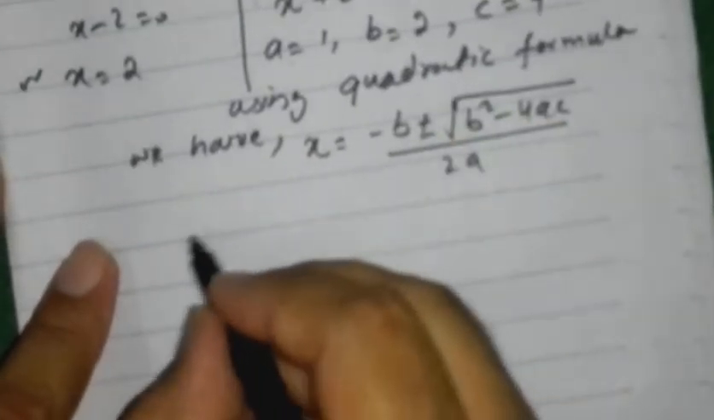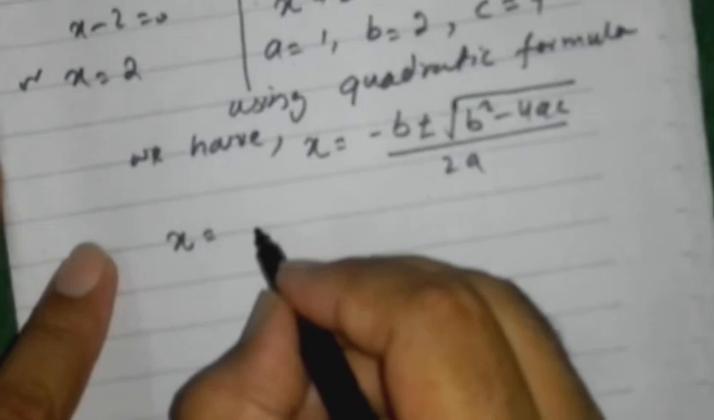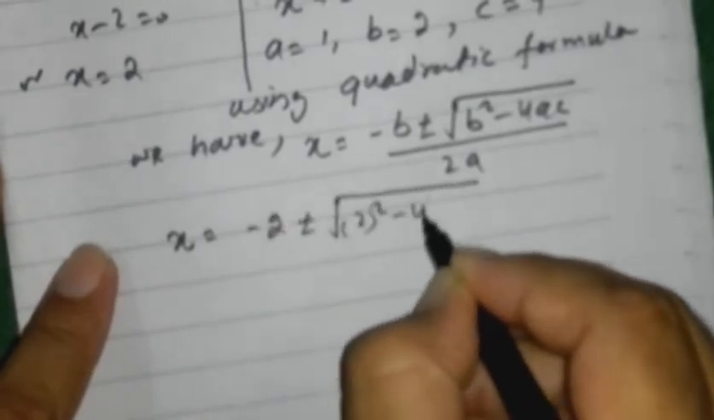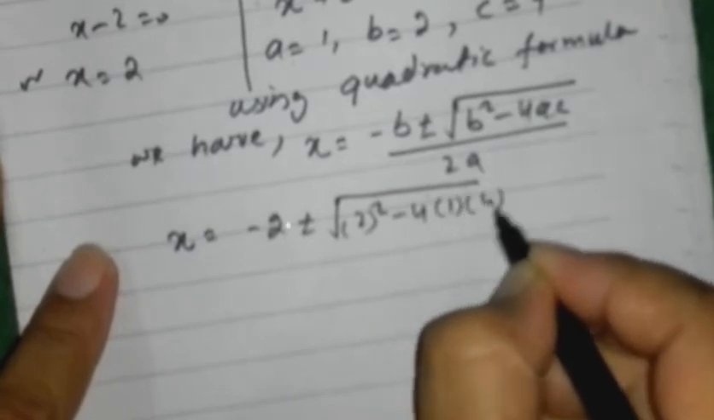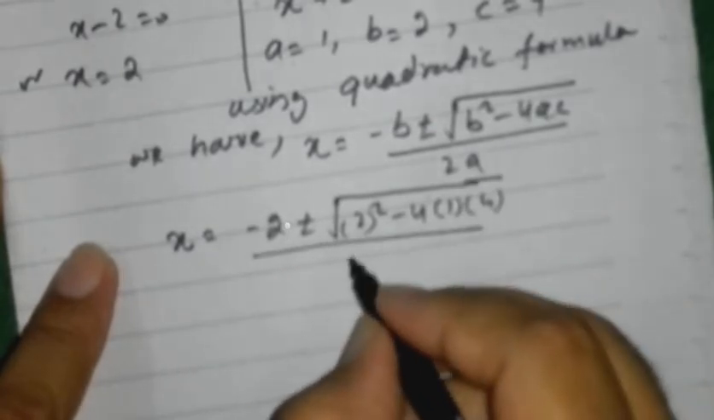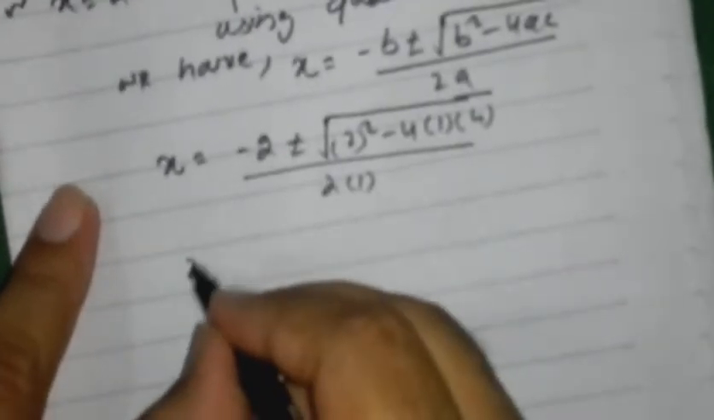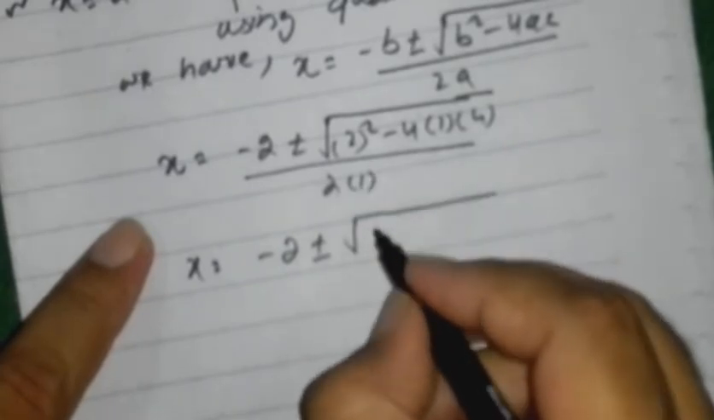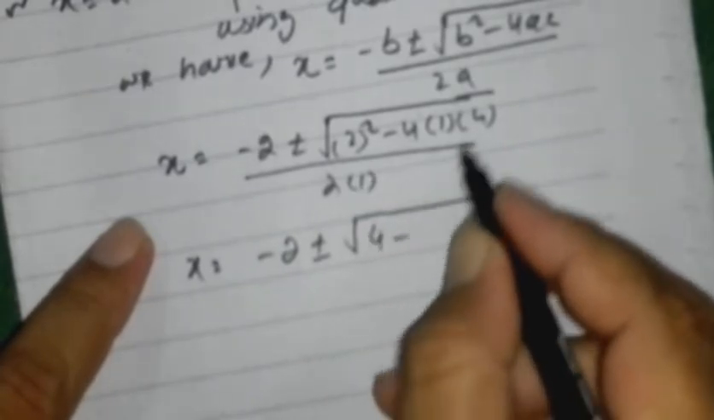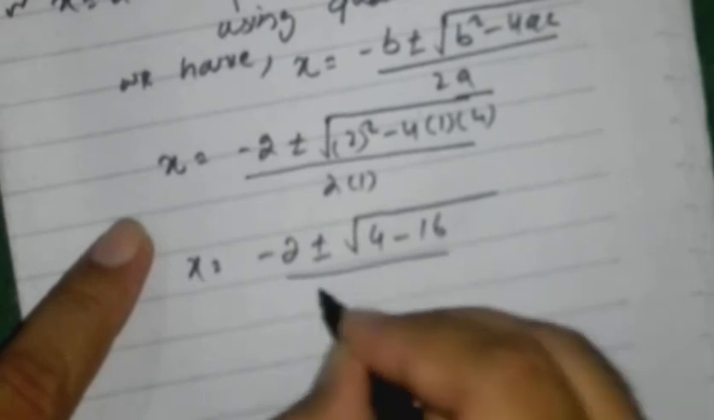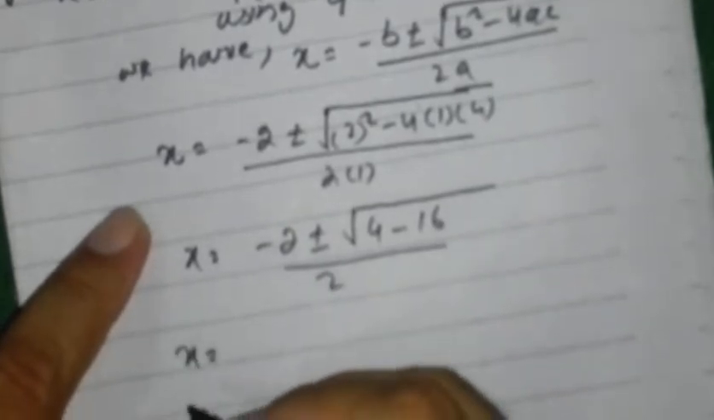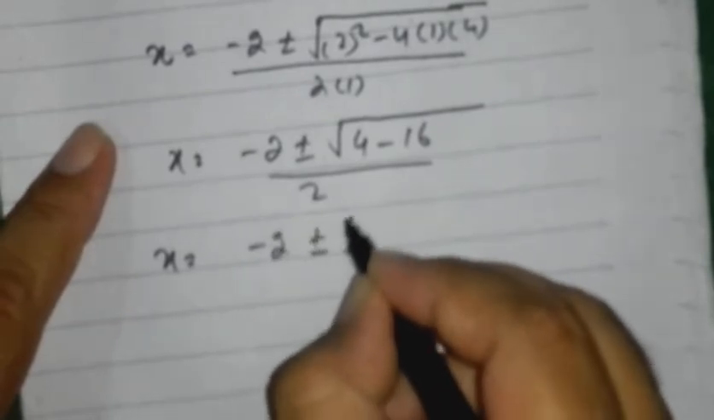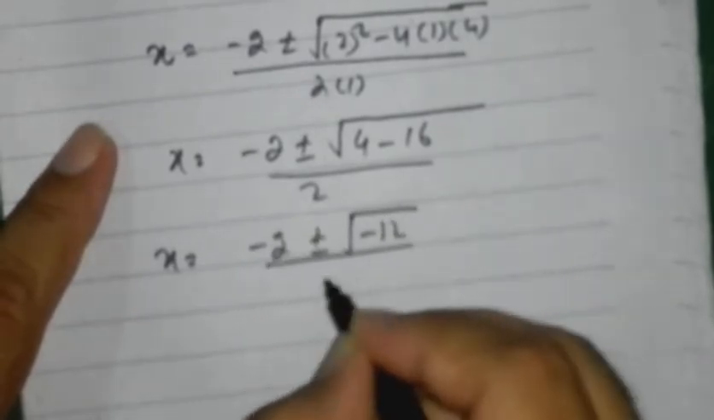Put the values here. x equals minus 2 plus minus under the root 2 square minus 4, the a value is 1, the c value is 4, whole over 2, the a value is 1. Minus 2 plus minus under the root 4 minus 4, 4 fours are 16, divided by 2. x equals